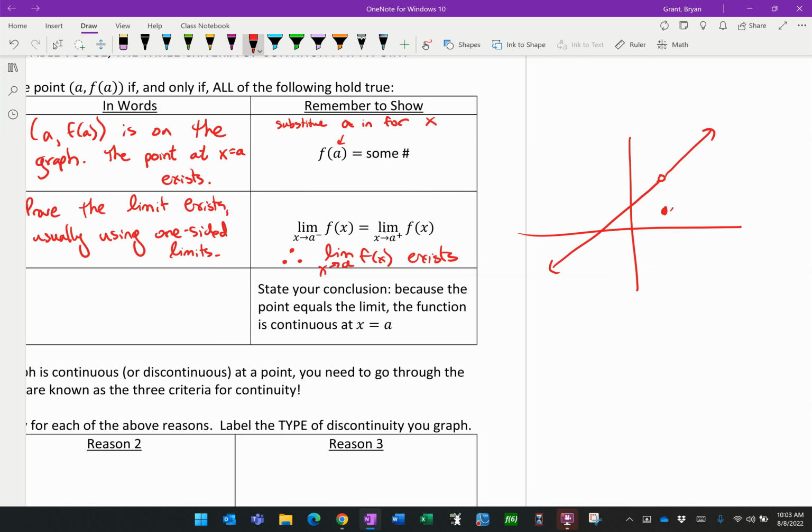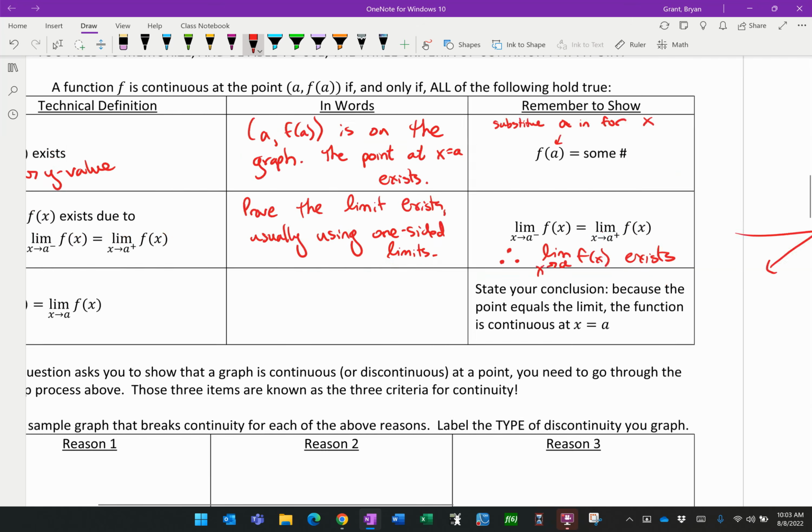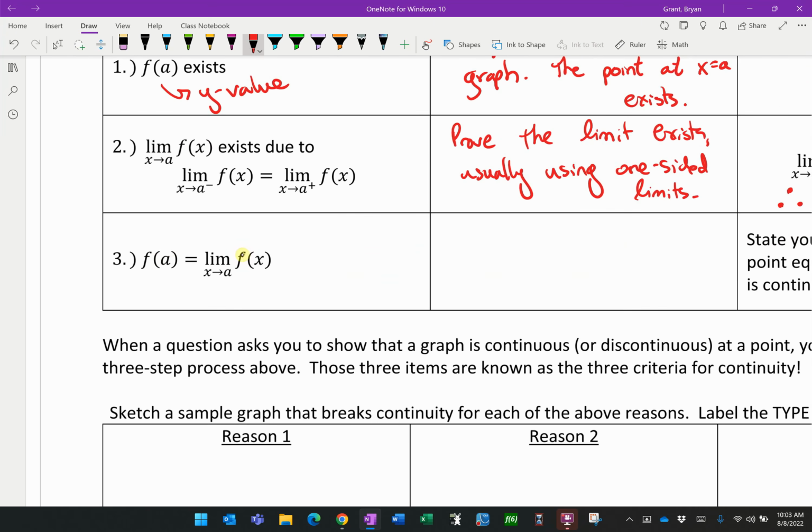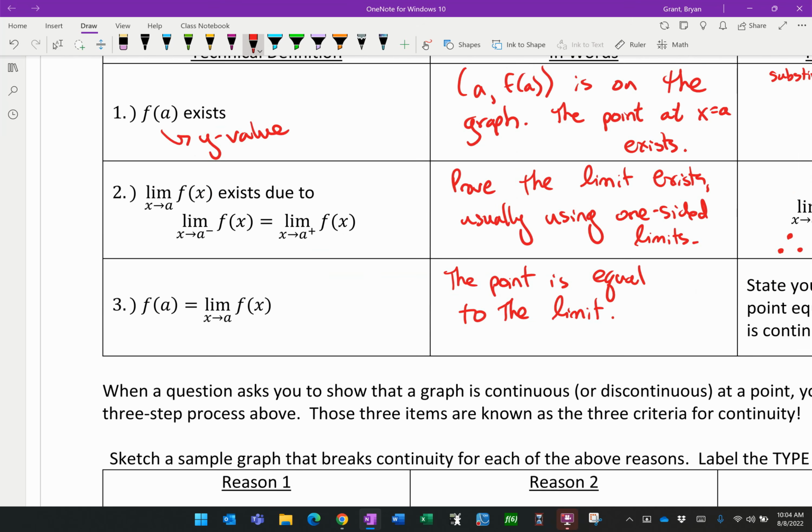So the third thing is that this point better be in the same spot as the limit. And the way that we say that is that f of a equals the limit as x approaches a of f of x. So we'd say the point is equal to the limit. And the nice part is if you've done step 1 and step 2, you've probably already figured